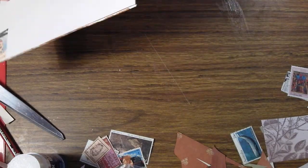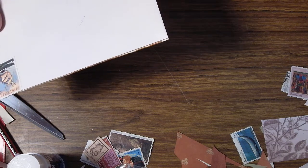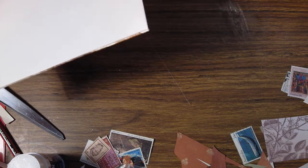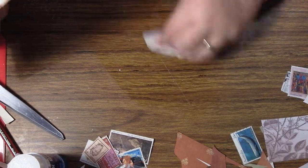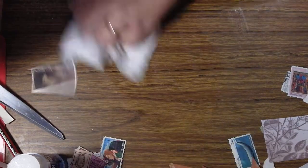I need something to wipe that on there. I think I've cut my table. That's a bit naughty, isn't it? Anyway, this is my old one, but that doesn't matter. Still need to craft. I don't know. Maybe to give that a bit of a clean. There's a bit of glue there. So